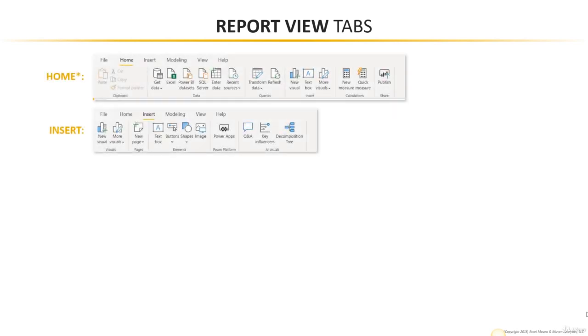So on the report view, I'm going to walk through each of the tabs that you can access, starting with Home and Insert. Biggest change here is that the original tools that were all compressed into the Home tab in the old ribbon are now split across the Home tab and a new Insert menu. You'll see all the same stuff here, copy paste options, get data, data sources, refresh, new visuals, measures, all of